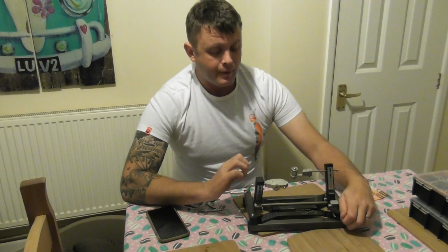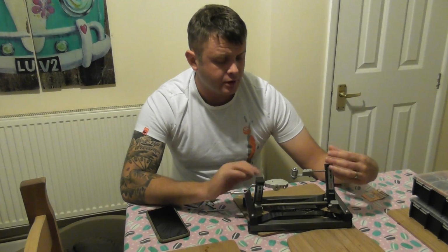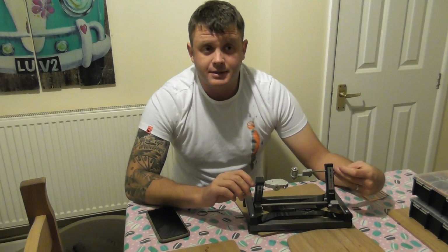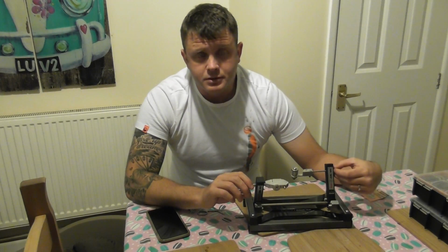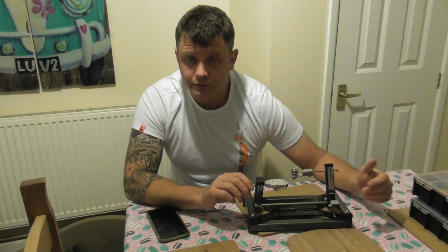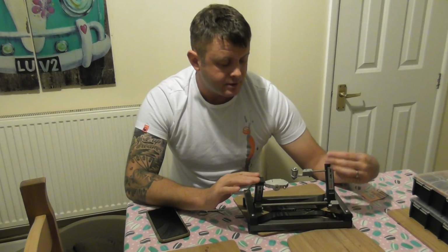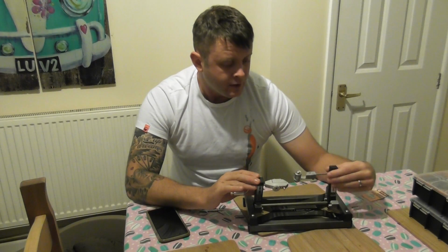My biggest concern when I bought this was that some hook length boxes are different in measurements. They don't necessarily measure up to what they're saying on the tin. There's one out there that says it's 6 inches, but actually it's about 5.5, and so on. So my biggest worry was, how can this say it's going to provide a hook length for every single box? Well, you get an Allen key